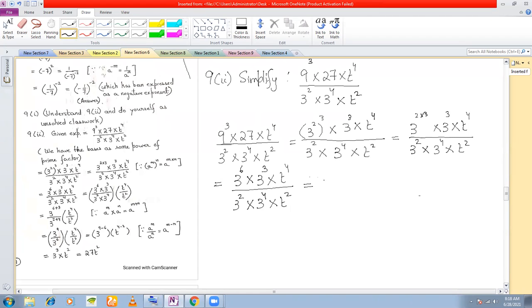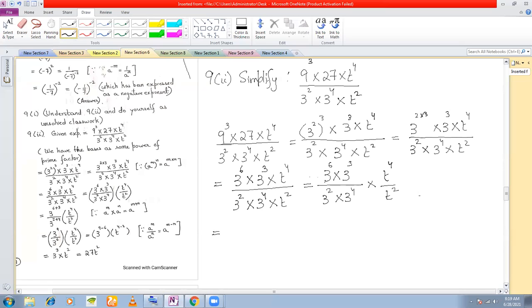Okay, sir. So here, if you see the numerator, now you separate all the threes, you take all the threes together and you take all the t's together. So if I separate, I will get 3 to the power of 6 into 3 cube together. And in the denominator, I take 3 square into 3 to the power of 4 together. And t's I take together, t to the power of 4 divided by t square. Right?